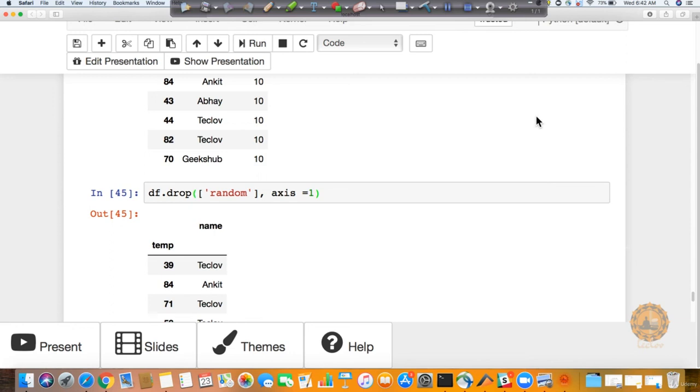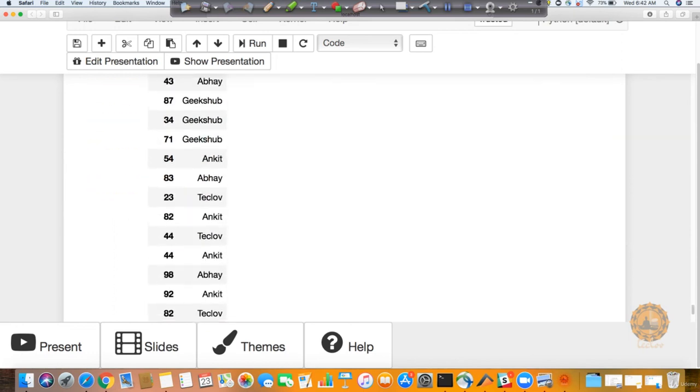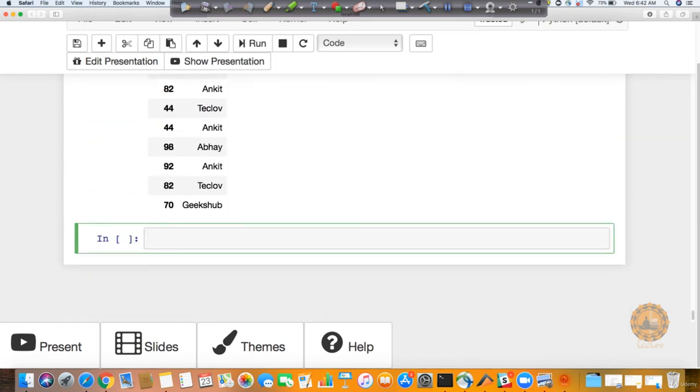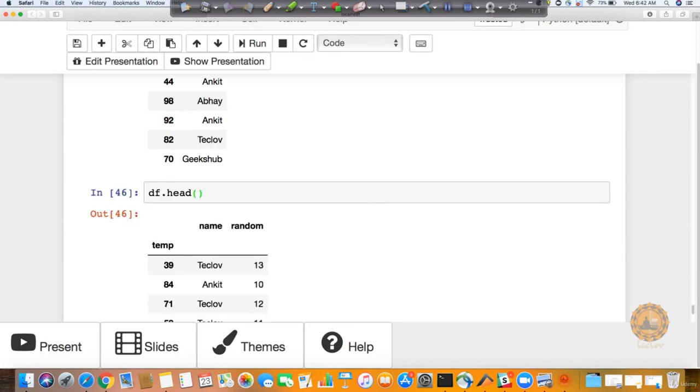Okay, and one more thing, it is not a permanent change. Remember, I told you if you want to make it permanent, you need to put comma inplace as true, otherwise it will be a temporary change. If you want to confirm it, I can say df.head, and you can notice that random is again back. So if you make inplace true, it is going to work for you without any issue.